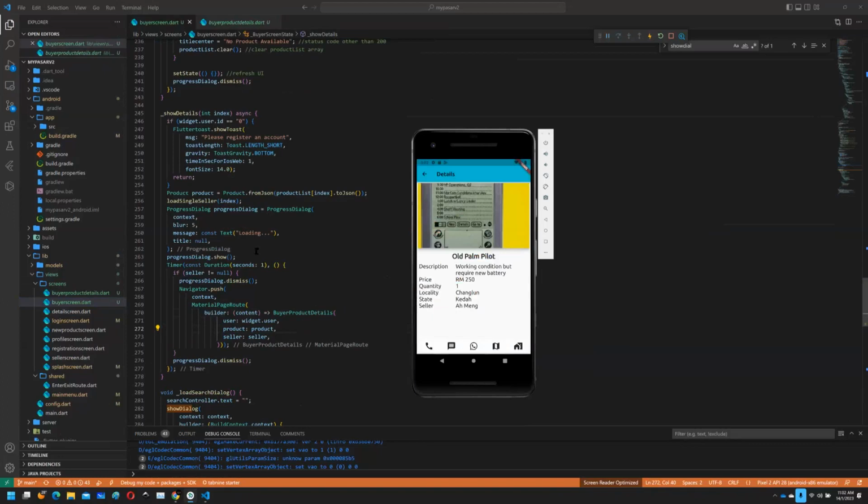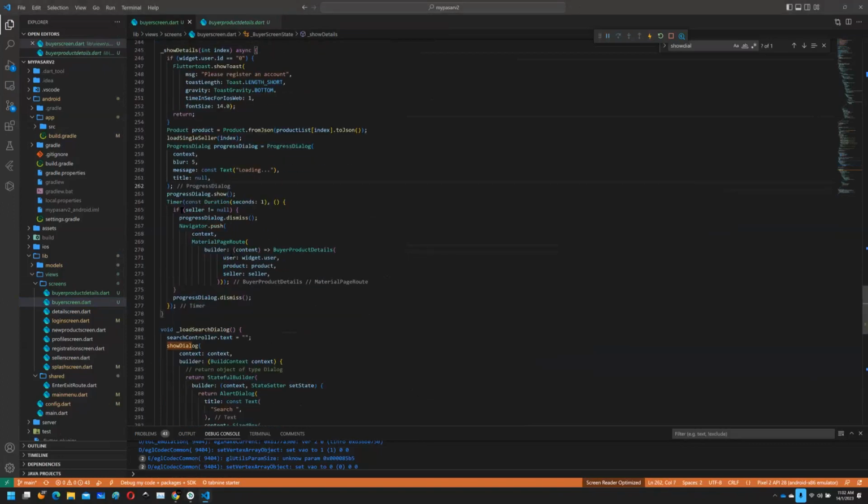But yeah, you can see the trick that I put here, this timer here. This timer basically delays the operation for 1 second, but it might break the execution if this load single seller takes more than that. So that can be a certain issue with load single seller. Maybe later I'm going to find another solution for that. But as a temporary solution, this does work